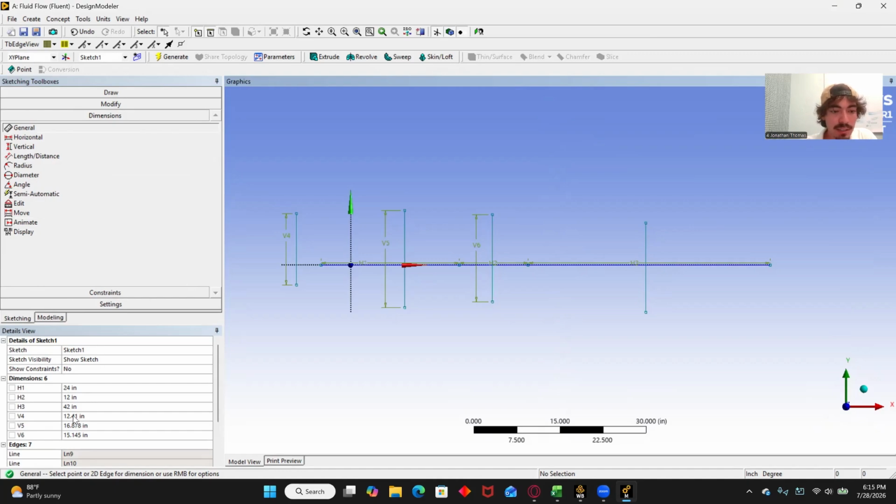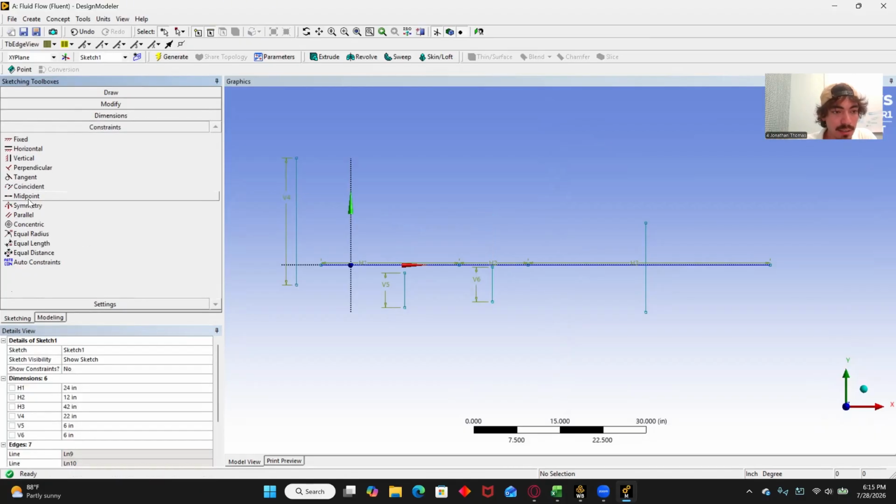Now that you got those, we're actually going to set our dimensions. This diffuser height is 22 inches. Over here is our test section. So that's actually 6 inches. Same with this one, our test section, so 6 inches again. Now to actually connect this to the shape, we're going to go to constraints, go to